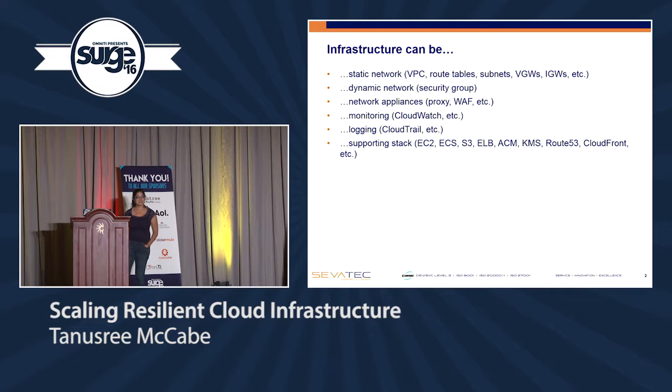Here's a few things that infrastructure means to me. From a cloud perspective, I'm going to be using a lot of Amazon references. So infrastructure can be static network. When I say static network, I mean typically things that don't change when you talk about your network. So in Amazon terms, this could be your actual VPC, your route table, subnets, that sort of thing. Dynamic network is also an infrastructure concept. So dynamic network are things that might actually change as your application gets deployed through its life cycle. So for example, a security group or a firewall.